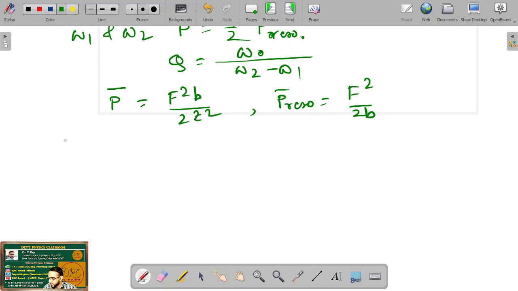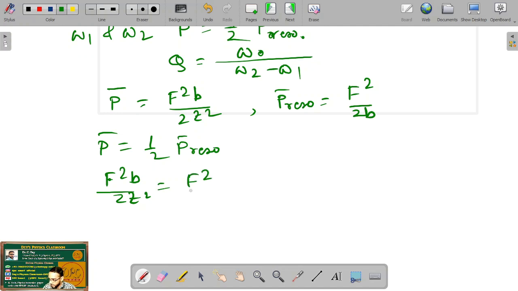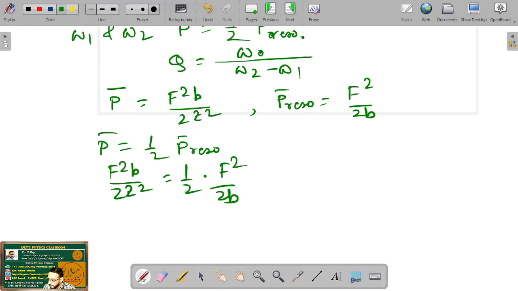So according to the condition, P bar equals half of P bar resonance, or F square B by 2Z square equals half of F square by 2B. The 2 cancels out, F square cancels out, and we get